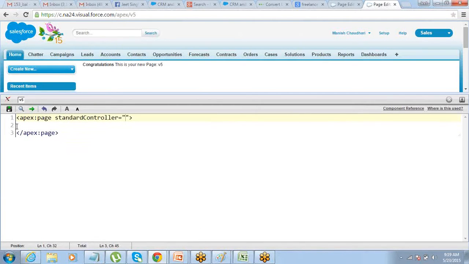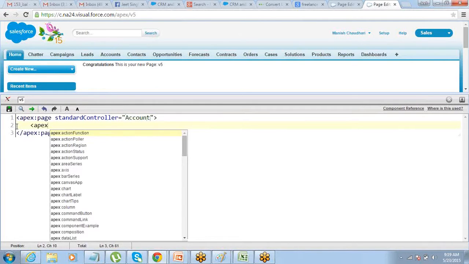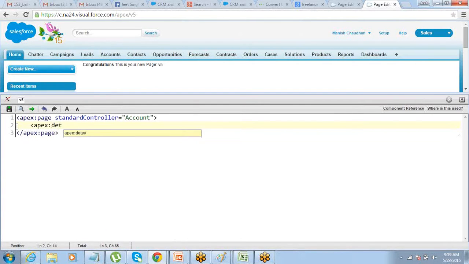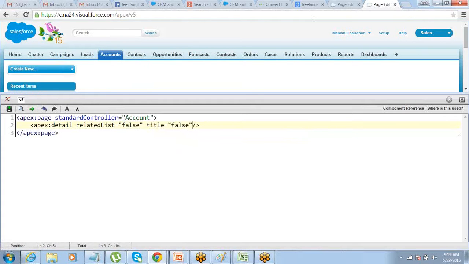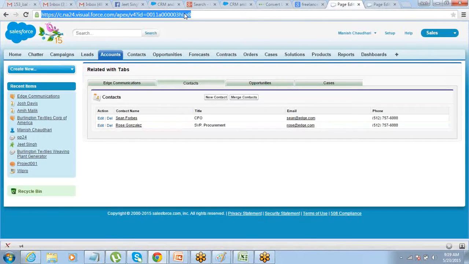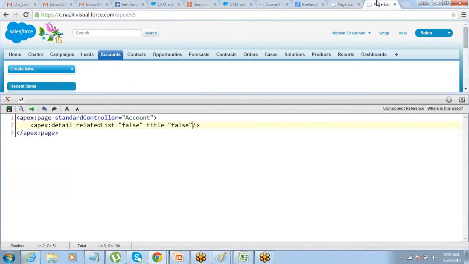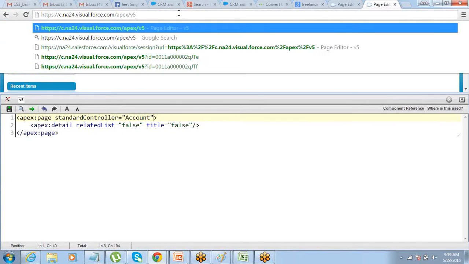Now let me just put a standard controller account here, and I would say let me just use a detail component here, not using anything else, just a detail component without any related list. Related list equals false, no title, title equals false. That's it. Right. Should bring me the details. So here is the ID.